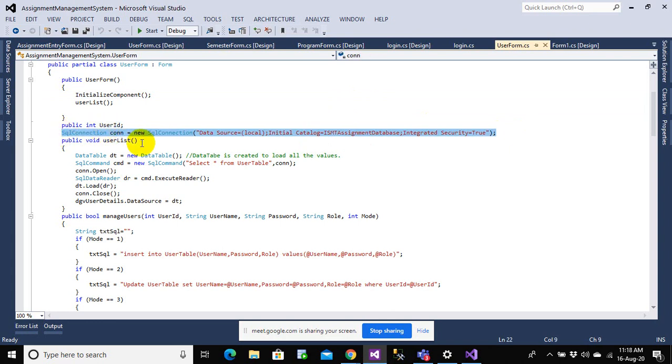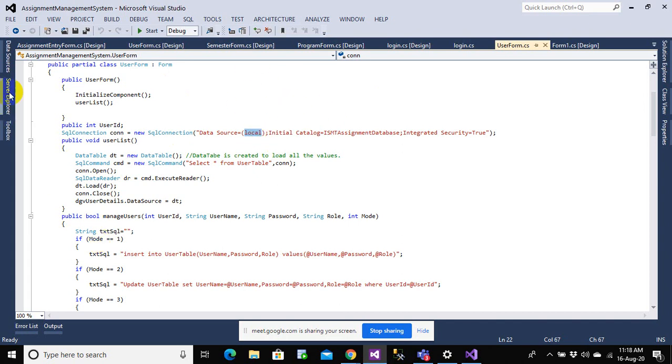So I'll try to manage this connection string. If there are more than 100 forms, and this has to repeat in 100 forms, and if they have to make changes in, let's say, the computer name, then you'll have to do that in all 100 places, and this is a very difficult task to perform. So I'll tell you how to avoid these anomalies, how to avoid the redundant situations here.